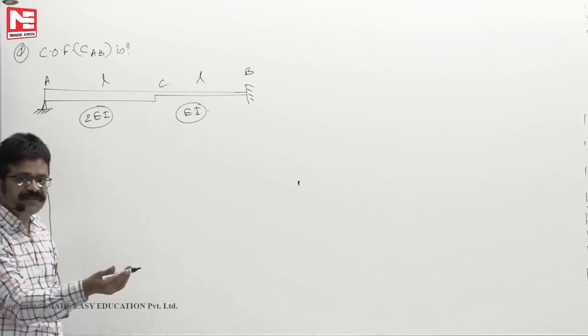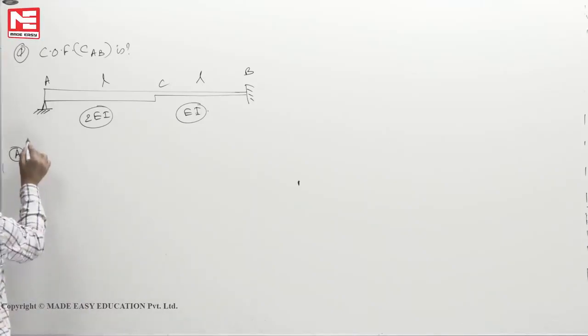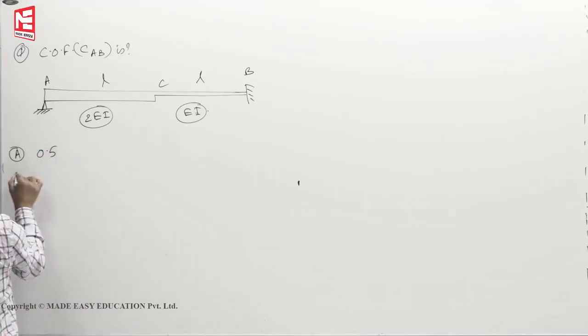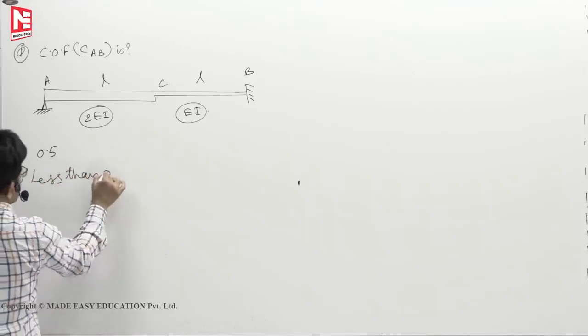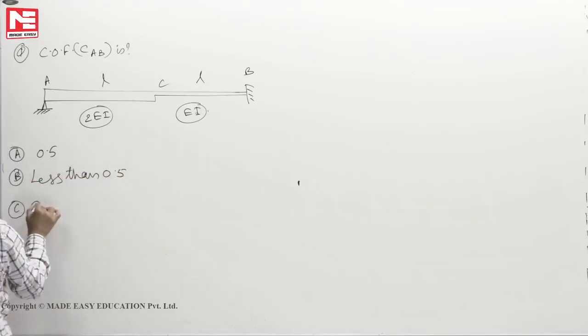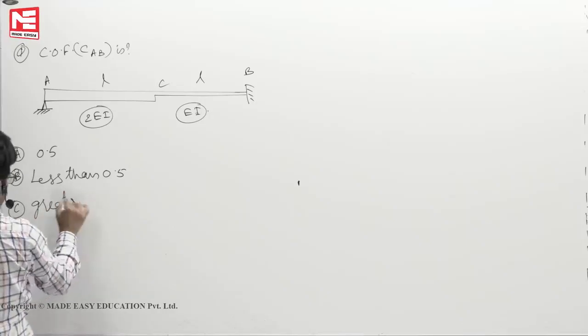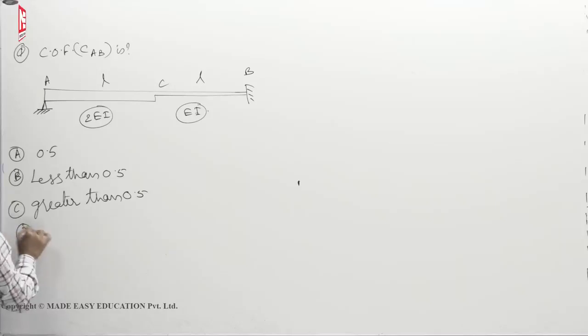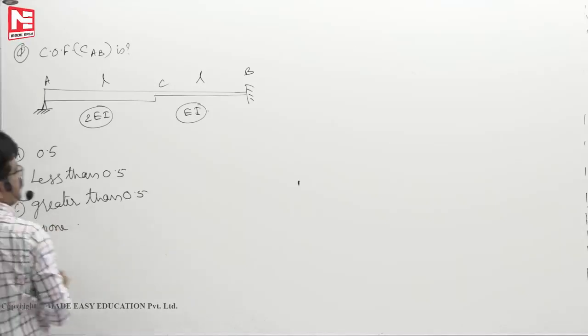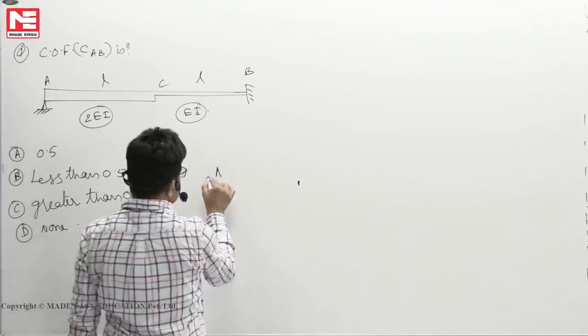Will it be more than 0.5 or less than 0.5? So option A is 0.5, B is less than 0.5, greater than 0.5, none. Like this they give. Now you see, in this case,